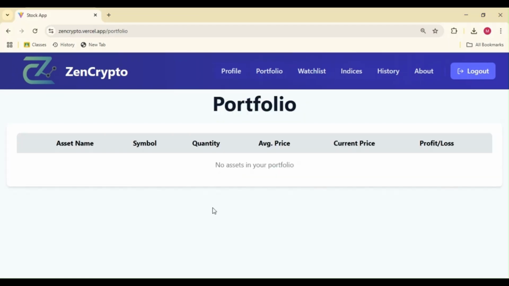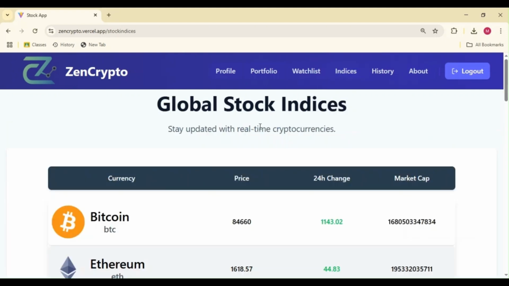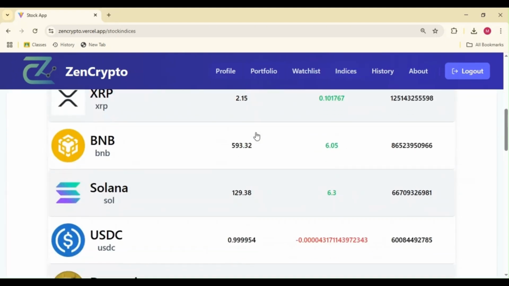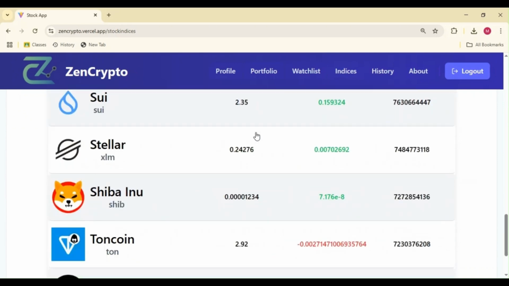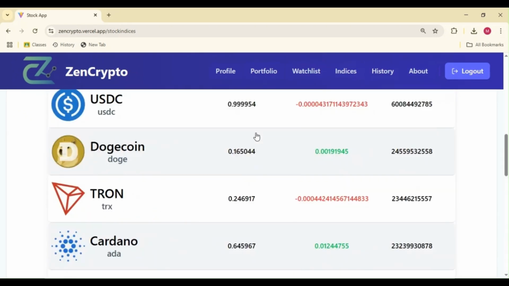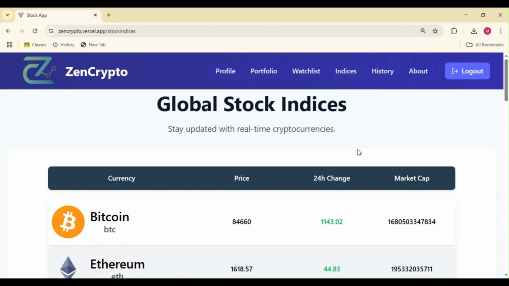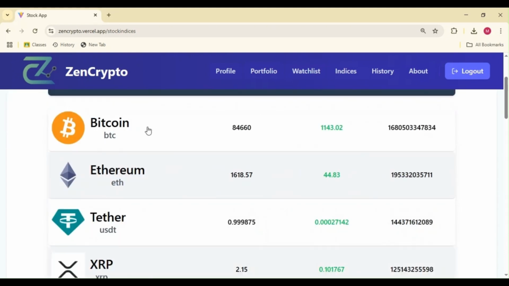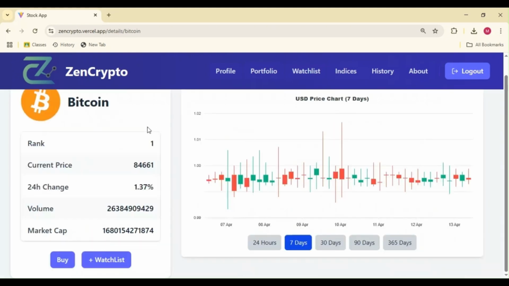Now let's take a look at the portfolio page. This is where users can track all of the crypto assets they own. So currently I don't have any assets right now, so I'll go to the indices page. Now on going to the indices page, it provides a comprehensive list of all the cryptocurrencies. So these are listed in the decreasing order of their market cap values. So suppose I click Bitcoin,